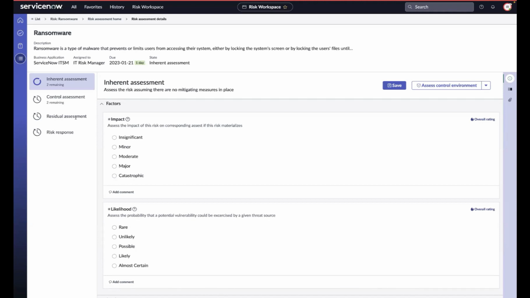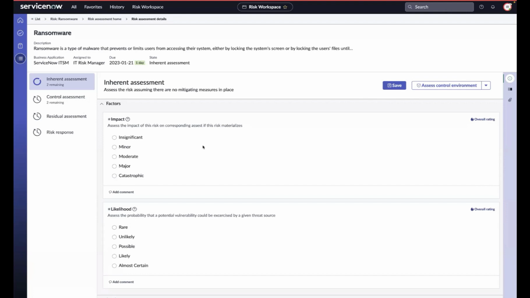Now, in case you want to further mitigate this risk, you can document what your response strategy is, if you are mitigating it or accepting it as it is. So that's also something you can drive. And then finally, as part of the response strategy, you can also identify net new controls in place. So we're going to look at this from an end-to-end workflow perspective, but let me start by doing a quick